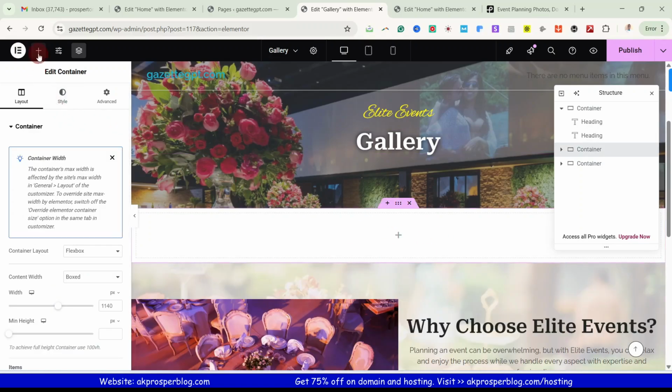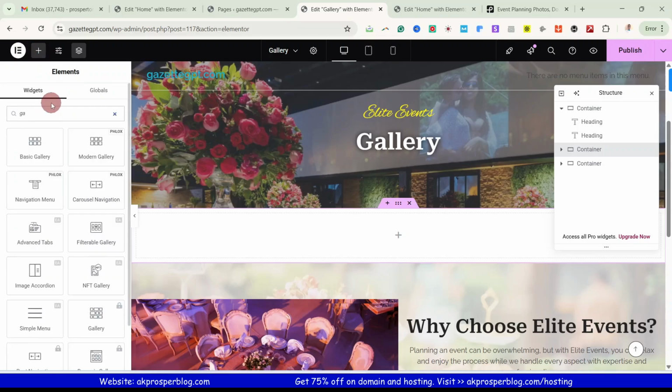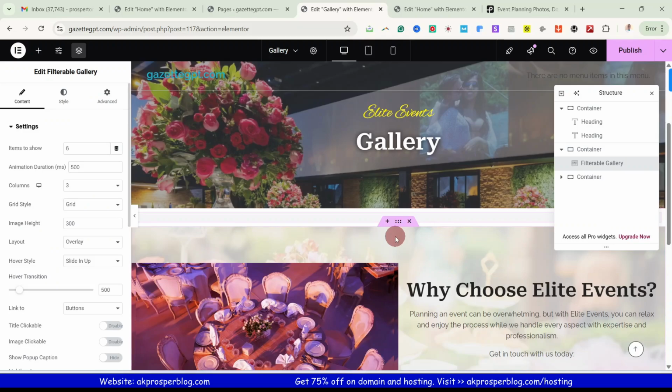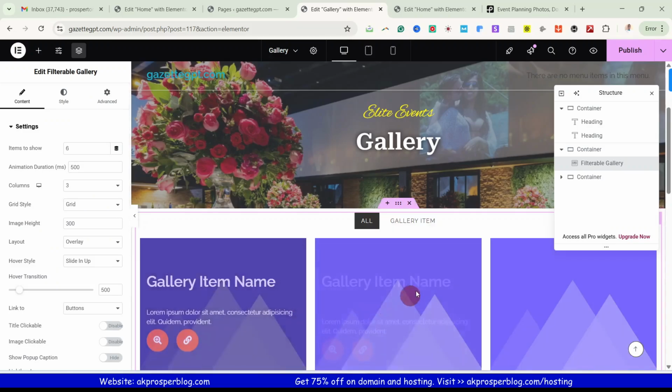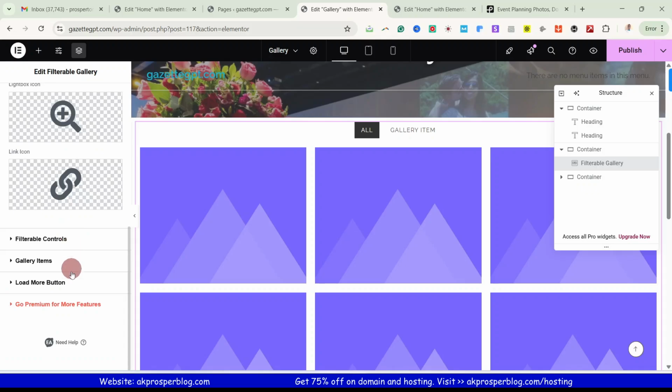flexbox. So the element we are going to be adding into this flexbox is, let me type in gallery. Okay, so it is this filterable gallery, not basic, not modern, but this filterable gallery. All right, so you can see it here. All right, so now let's customize this item to show 6 number of columns. These settings are available for you